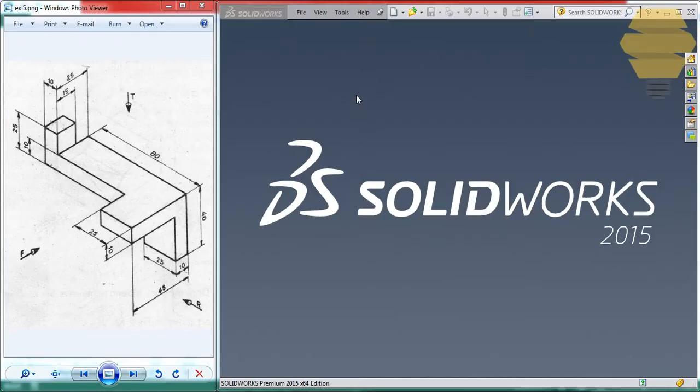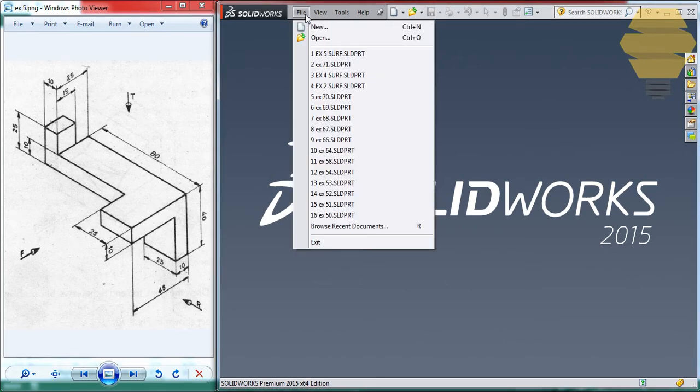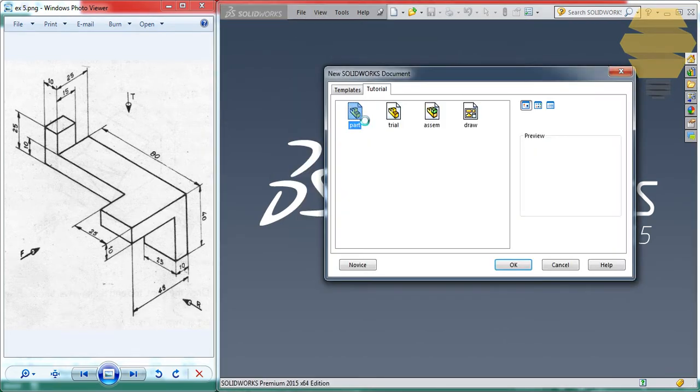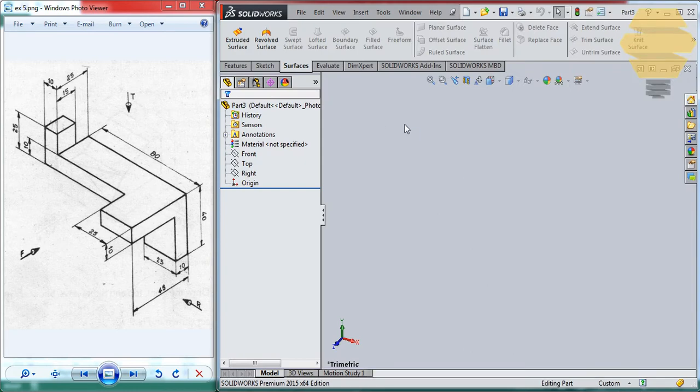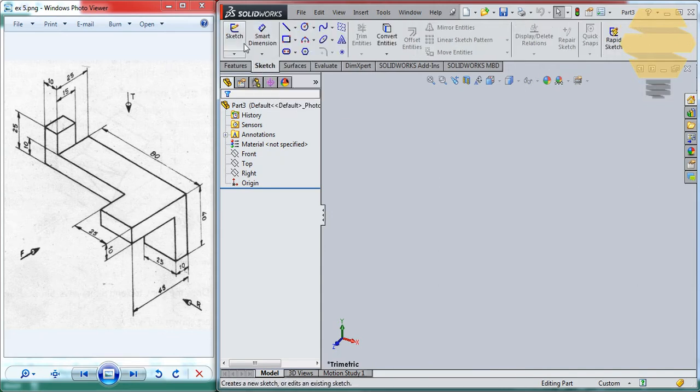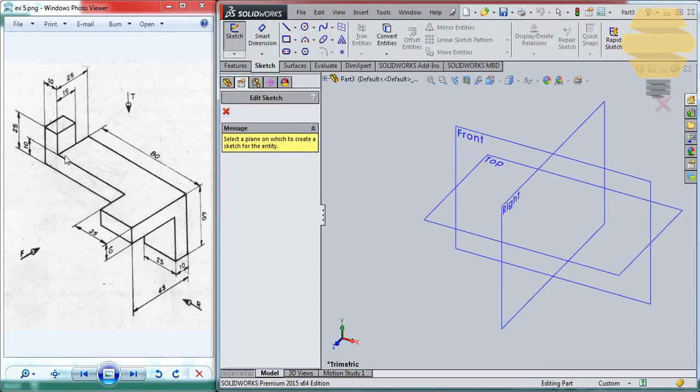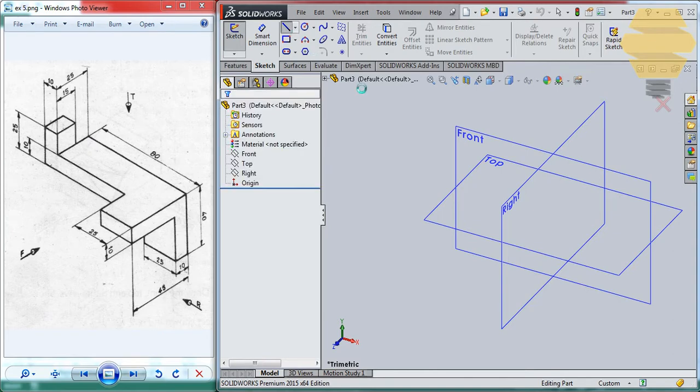In this video, we'll work on exercise number 5. To start off, we'll go to File, New, and double click on the part template. Now we have the empty workspace open. Make sure that you have the surface toolbar here. And to start off, we'll go to Sketch and click on the sketch and start creating this sketch over here. So to do that, we will create,